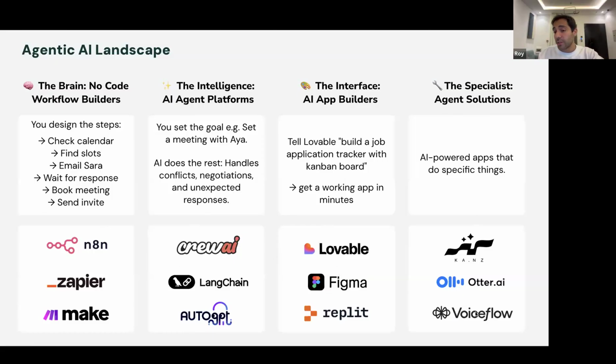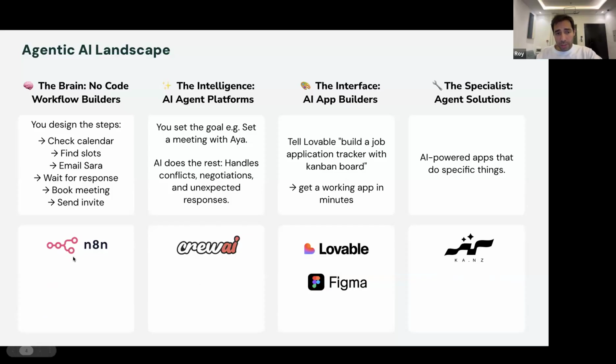And then you've got the specialists, so tools that have been built using AI in order to give you just a ready application. The goal is for you to reach that stage. Over the next 2 weeks, the idea is we're going to teach you to get to that stage. Ken's is an example of that, or Otter, the note takers, and so forth. Today, we're going to cover N8N in depth.